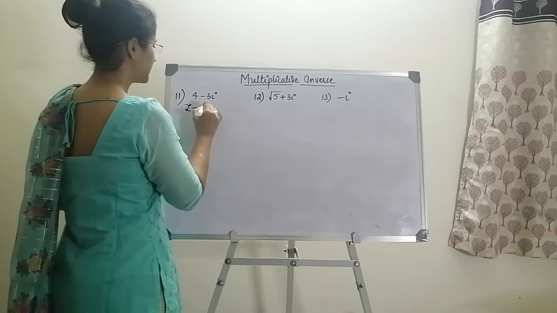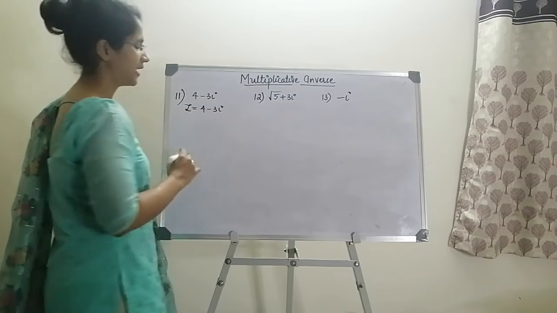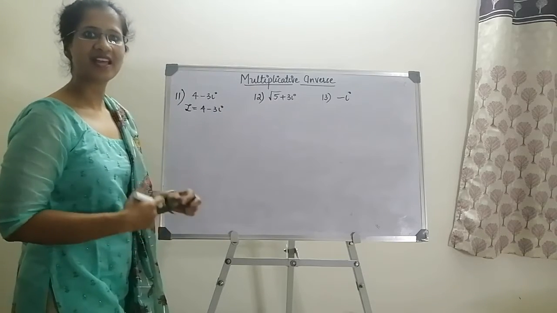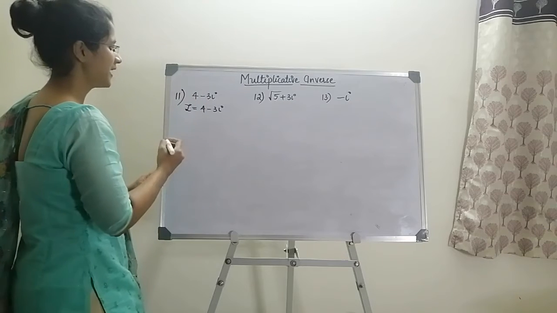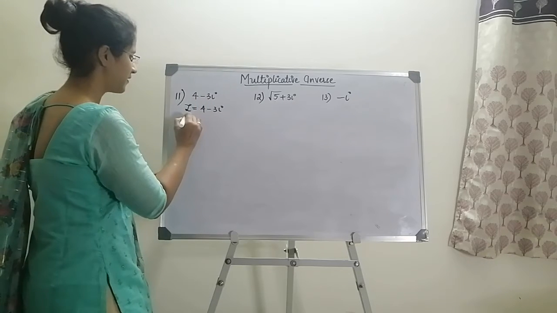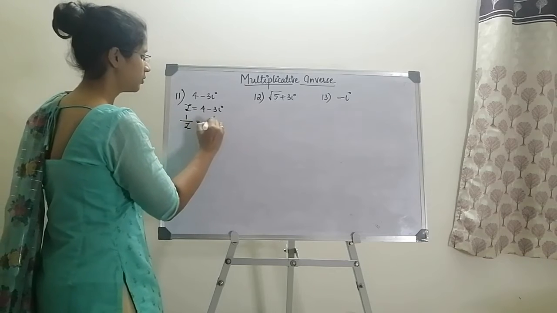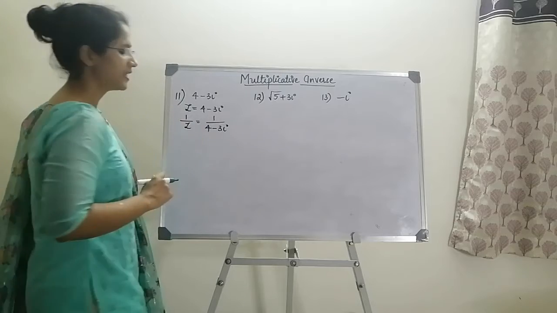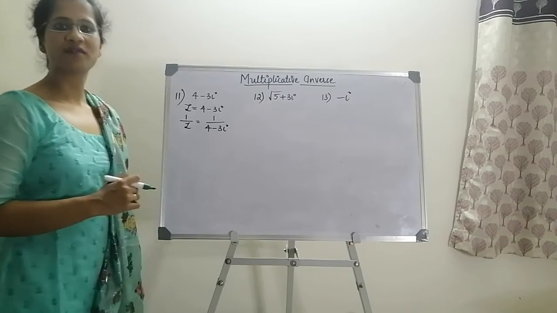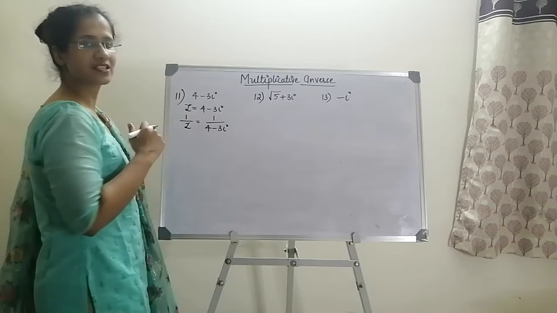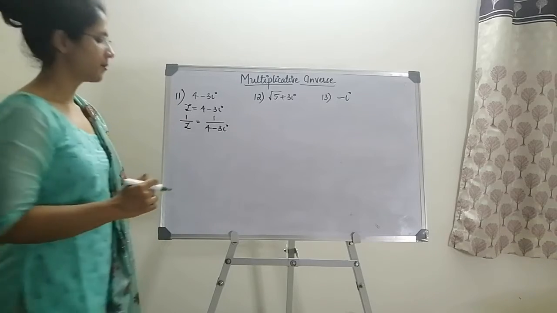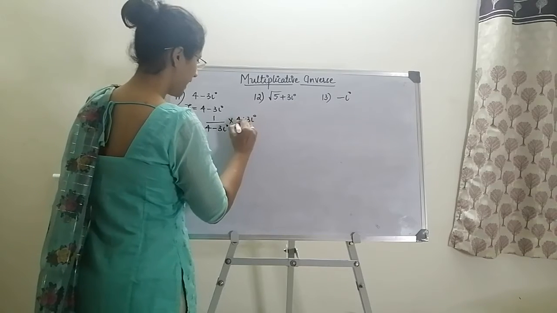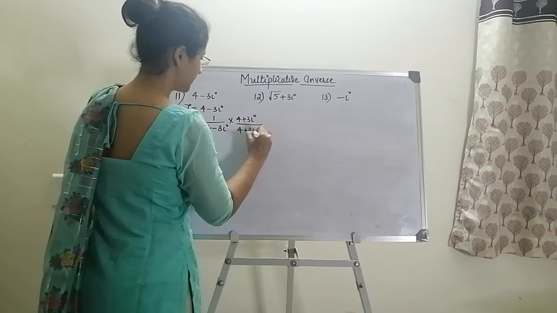So therefore I get z is equal to 4 minus 3i. To find out multiplicative inverse, whatever complex number is given, I will find out the ulta. So multiplicative inverse of z, 4 minus 3i, will be 1 by z is equal to 1 divided by 4 minus 3i. We all know, since in the denominator we have i, it obviously has a root symbol. Since it has a root symbol, I will rationalize the denominator. So I will multiply numerator by 4 plus 3i and divide by 4 plus 3i.